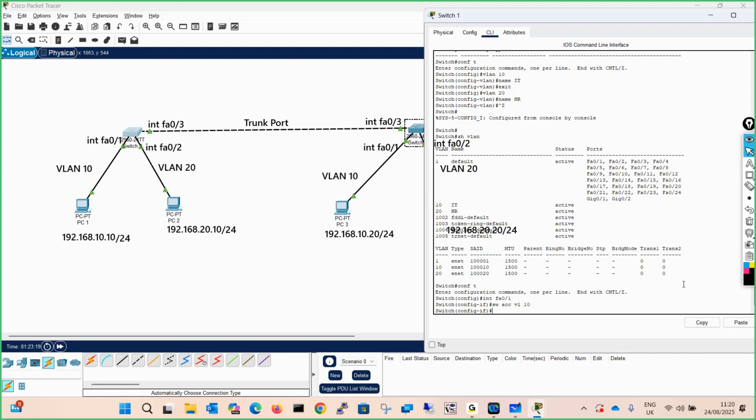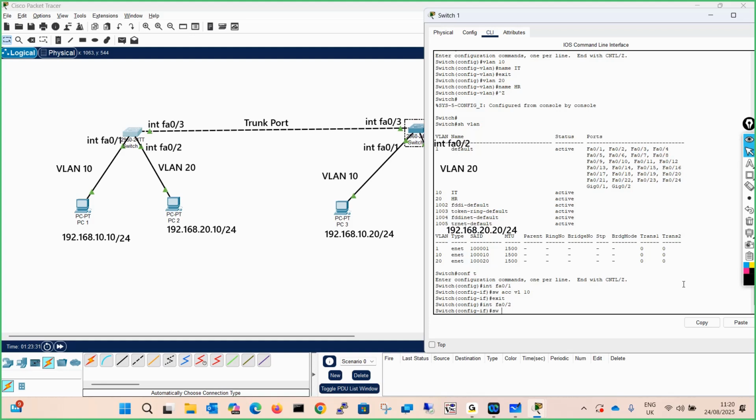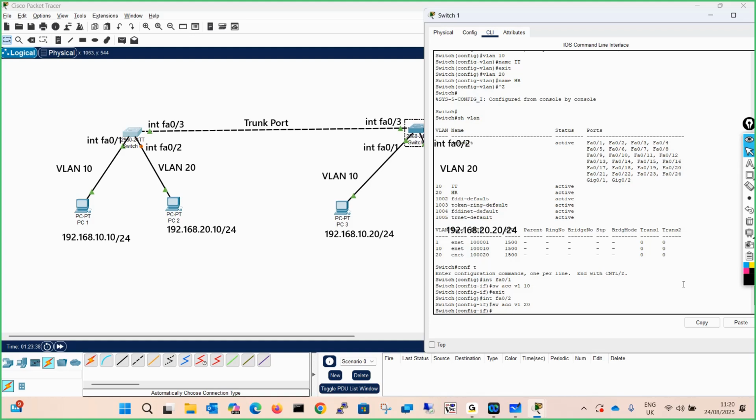Once you have made this a member of VLAN 10, just exit from here. And for another port, interface FA0/2, make it a member of VLAN 20. Hit enter. Everyone has done this.